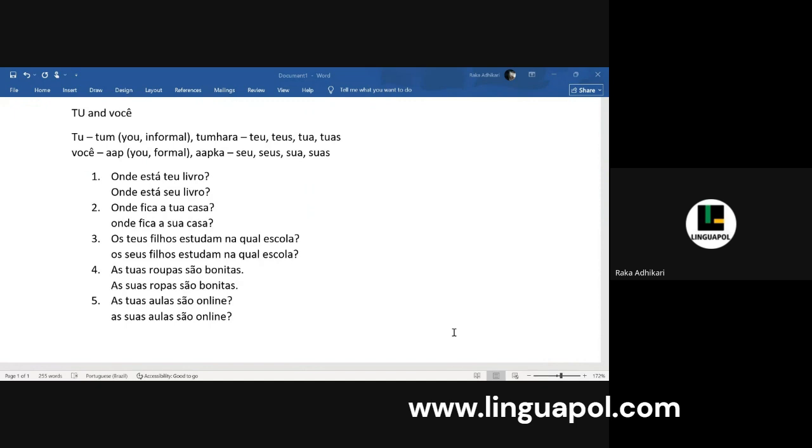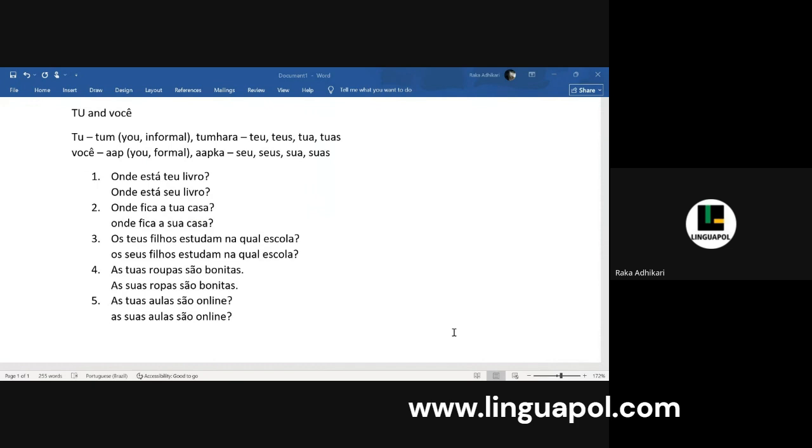Like I can say, o meu livro está na mesa. That is the ideal sentence formation. But even if I say meu livro está na mesa without the article, it is also correct. It is not wrong. But ideally, you should learn the correct way, that is using the articles, and make sentences using the articles.